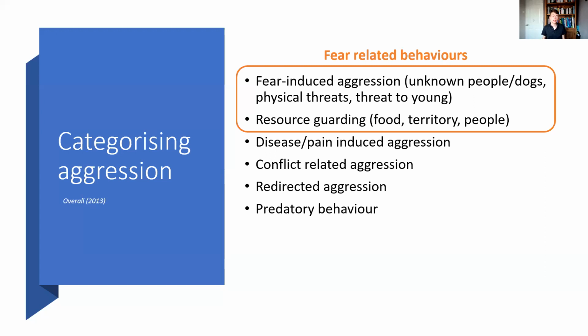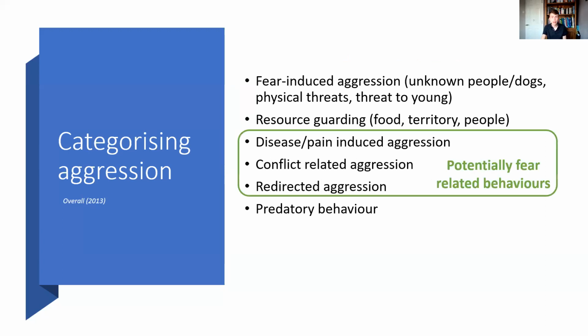We see very similar things in dogs. If a dog's had a bad day or if a dog's quite stressed, they might be more prone to aggressive behaviour because actually it gives them some relief from their own stress. And again, that can very much relate to fear, because if a dog's stressed because they're experiencing fear, then they may choose to redirect that stress in the form of aggression. So these next three are not strictly always going to be caused by fear, but in many, many cases, these are all fear related as well.